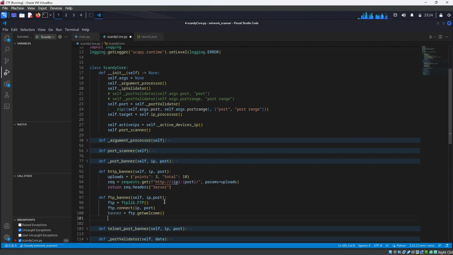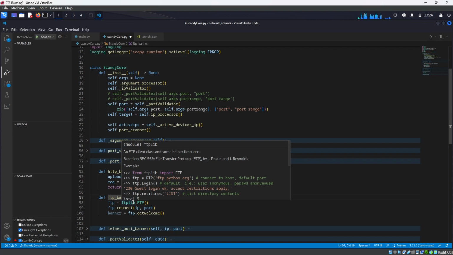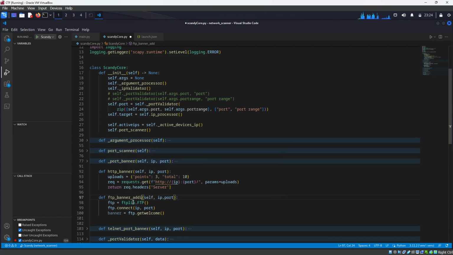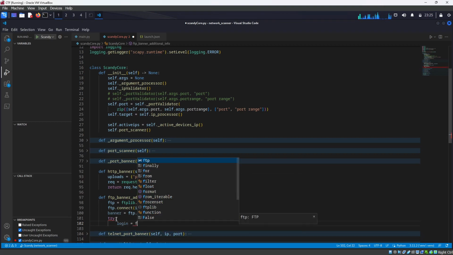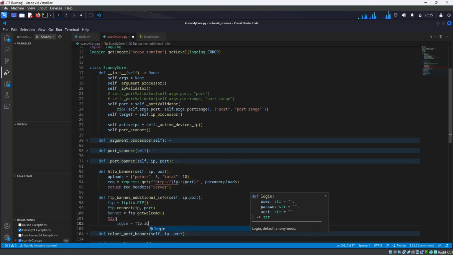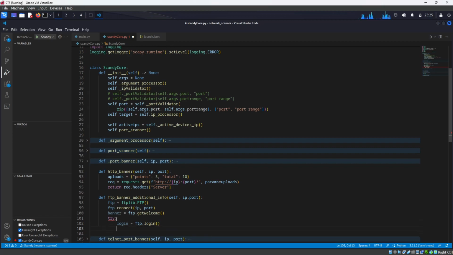The main reason why I want us to do this is not even about the banner. Let me call this additional info. The main reason is to check if the FTP port is open to anonymous login. There are times that they might be susceptible to anonymous login, so you can already get some foothold in the server. So we say that if